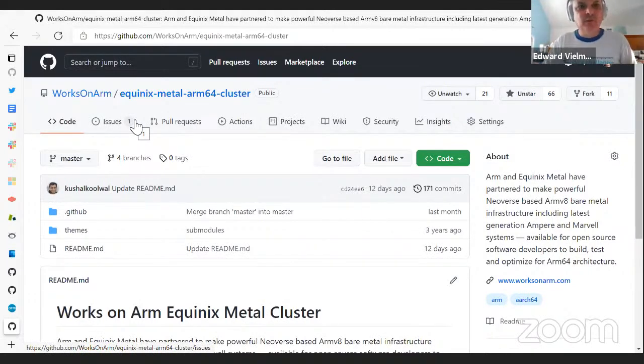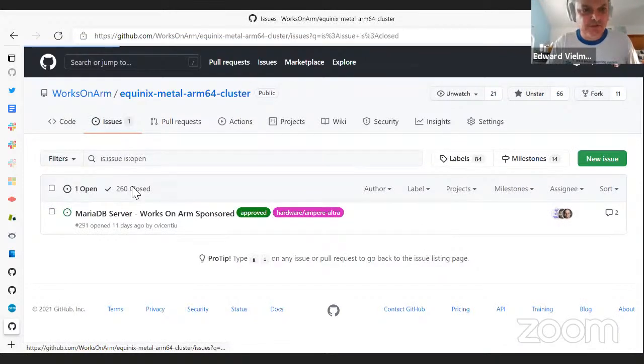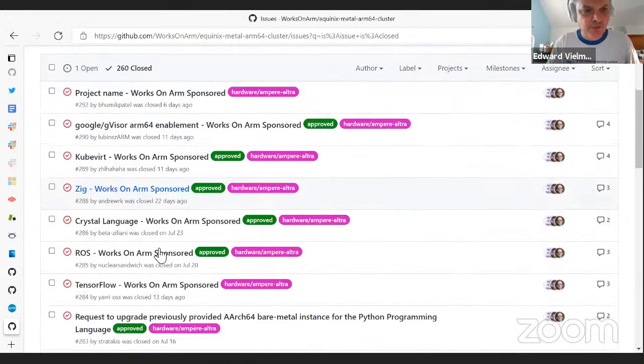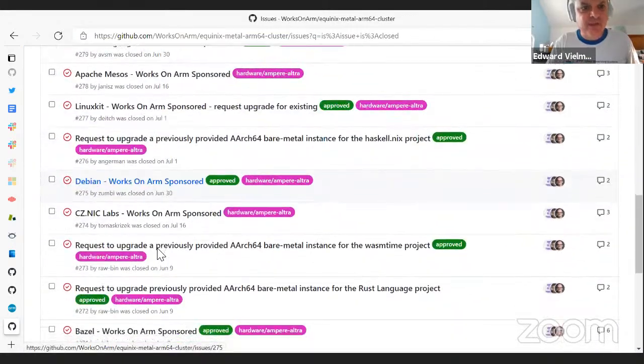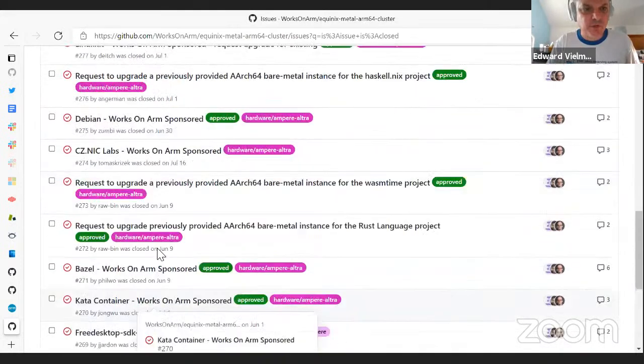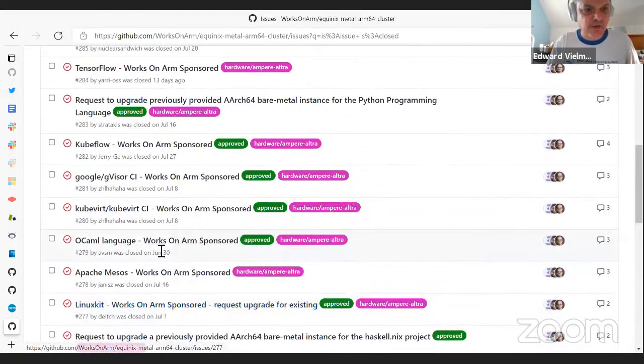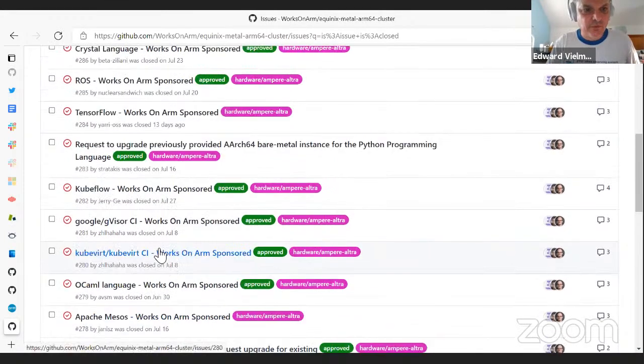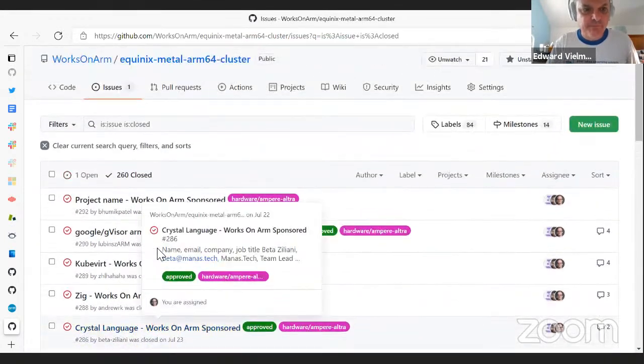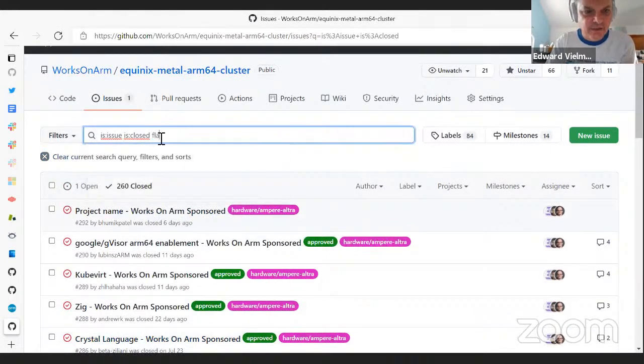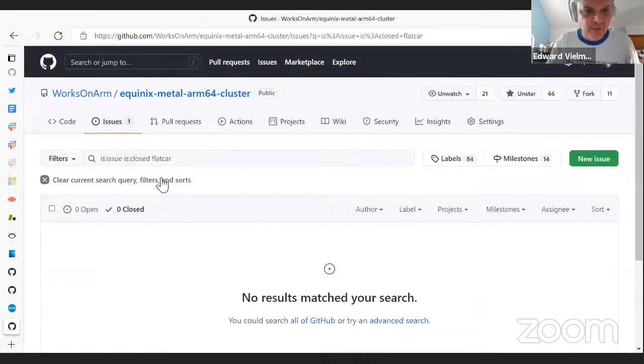repository is the Works on Arm Equinix Metal ARM64 cluster. It is a collection of requests that people from the community have made to the Works on Arm project over the past 4 or so years. So if you go into issues here, you'll see 260 closed issues of a whole bunch of projects that have mostly gotten support from the Works on Arm project. You'll recognize LinuxKit, you'll recognize languages like OCaml, the Google gVisor project, Kubeflow. I will just see if Flatcar is in here, just because I can't honestly remember. No, so